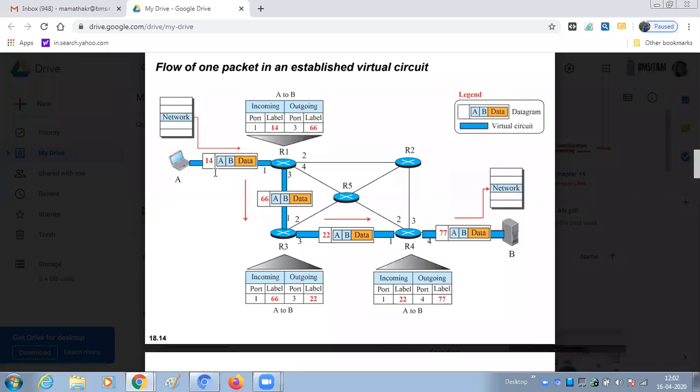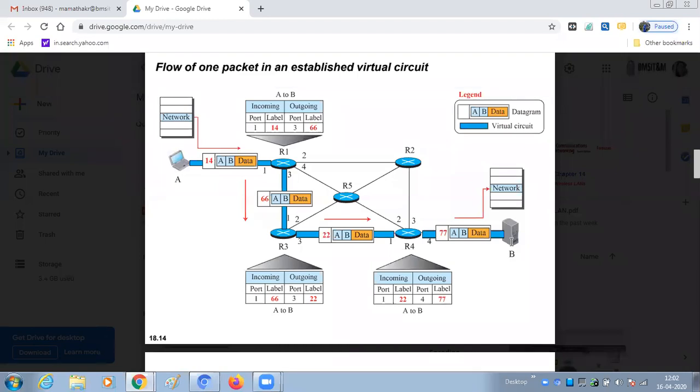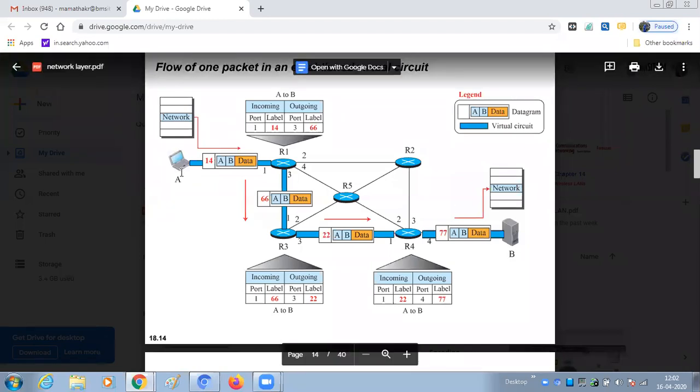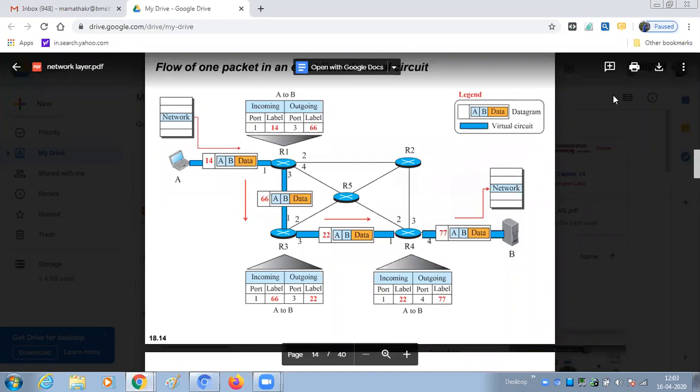Now it can remove this virtual circuit, because this is a simple logical circuit which is actually made for the data transfer. Once this is done, we have to remove it. So this message will be sent from A to B. Immediately B will tear down the path. Okay, so all these flow tables, all the data will be dropped. It will be made zero. Okay, so this is how the virtual circuit packet switching network communication happens.